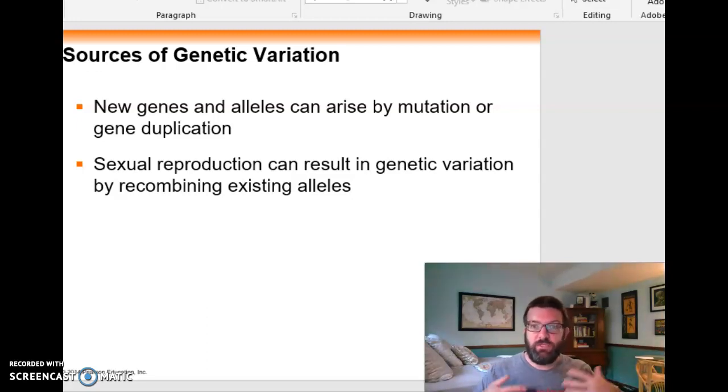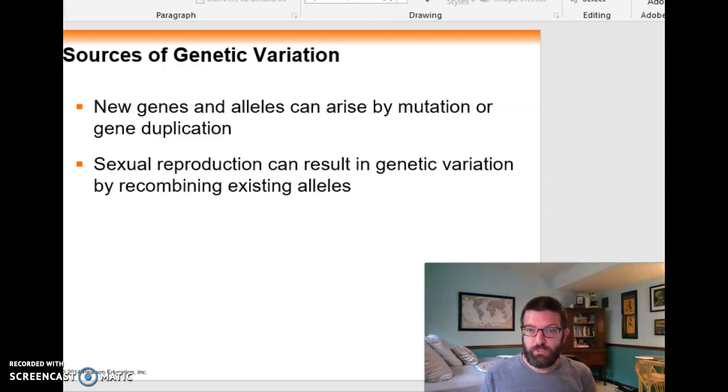Mutation is the origin of all true variation, right? The only way we can get new genes, new alleles, is by mutation. And mutation is rare in one sense, but you make so many copies of so many genes, of so many A's and T's and C's and G's, that honestly it ends up not being that rare in any particular individual. So mutations produce this variation. They essentially produce new cards in the deck.